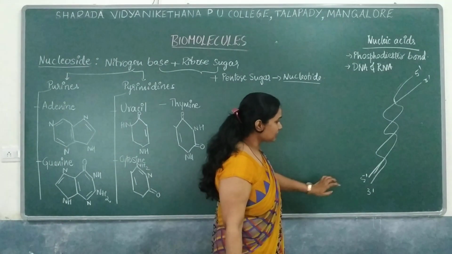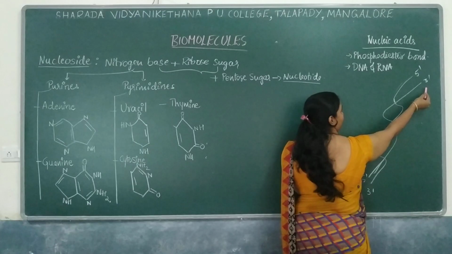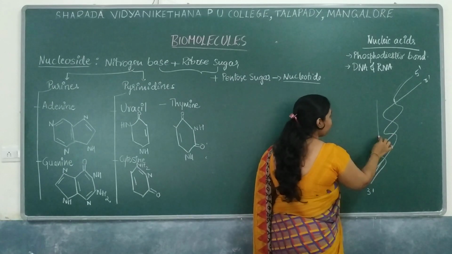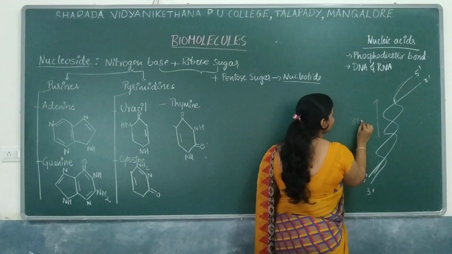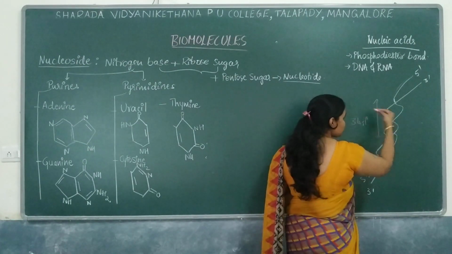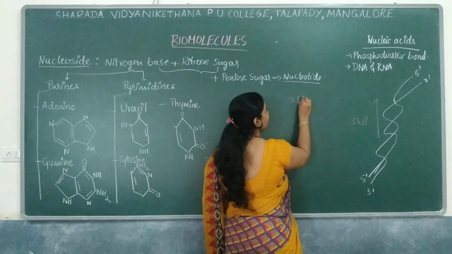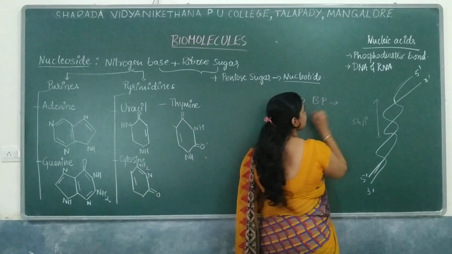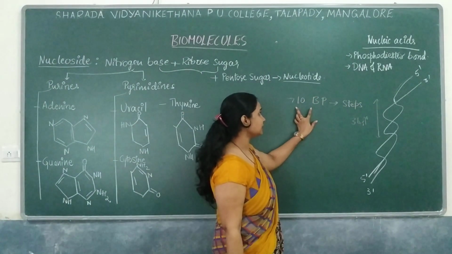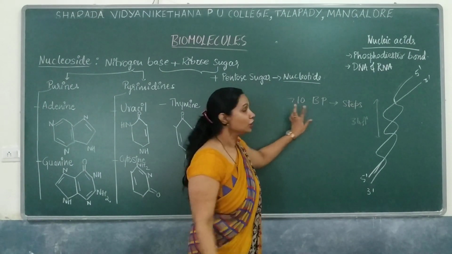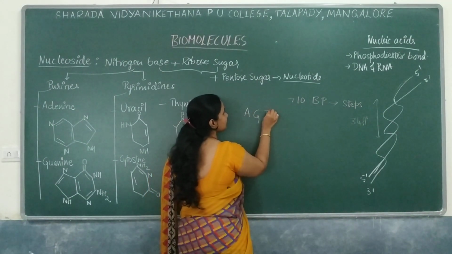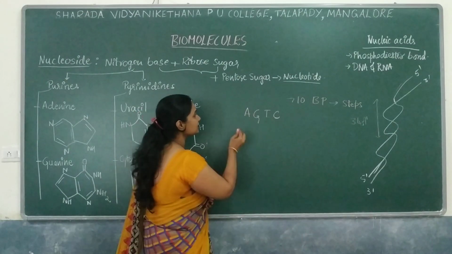Here the direction is 5 prime to 3 prime in one chain and, in the other, from 3 prime to 5 prime. So that is the direction. One complete turn is about 34 angstrom. Each turn consists of about 10 base pairs. You can just consider it as 10 steps. Each turn consists of 10 steps, that is nothing but 10 nitrogen base pairs. The nitrogen bases in DNA are adenine, guanine, thymine as well as cytosine, whereas in the RNA it is